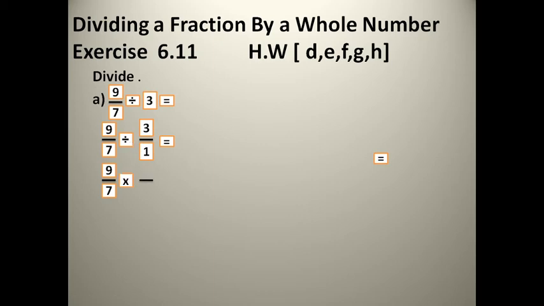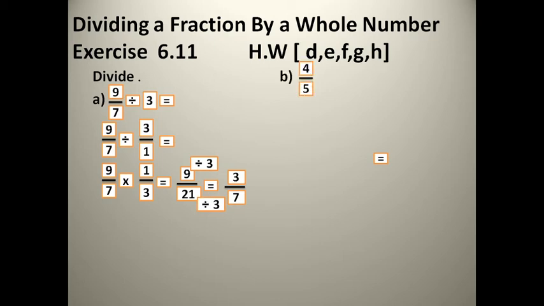If you do this step, directly you should change the fraction. Put 1 up and 3 down. So it will be 1 by 3. Now we can multiply 1 by 9, 9. 3 multiply 7, 21. Here I can simplify. If I divide here with 3 and here with 3, 9 divided by 3 will be 3, and 21 divided by 3 will be 7.